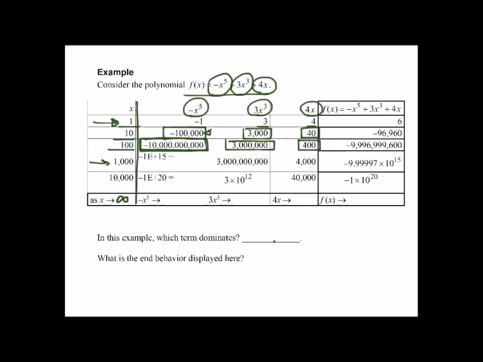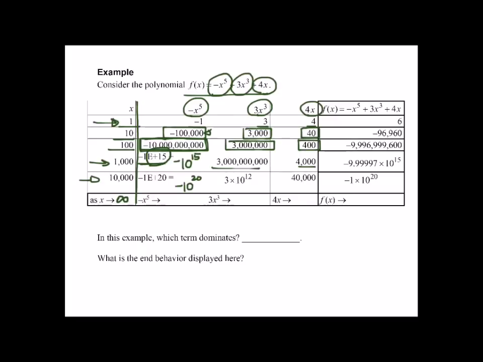If you increase the x value to 1000, then if you actually try to put this in your calculator, it might return a symbol like the following. That's using scientific notation here. The e plus 15 basically just tells you there are 15 zeros attached to the -1. So this is like to say -10 to the 15th power, and that's a lot bigger than any of these numbers. Same thing, if we put in x equals 10,000, it would output -10 raised to the 20th power for